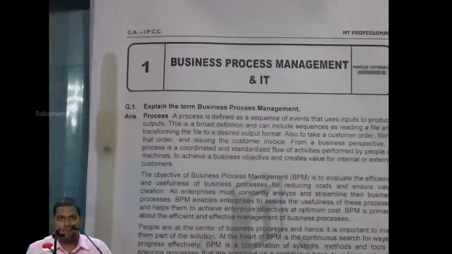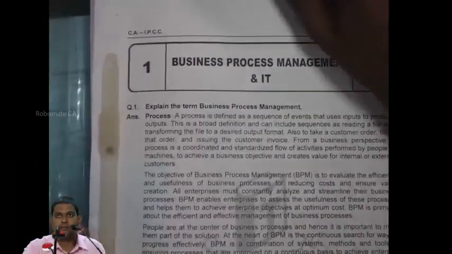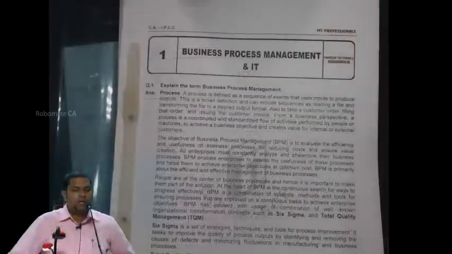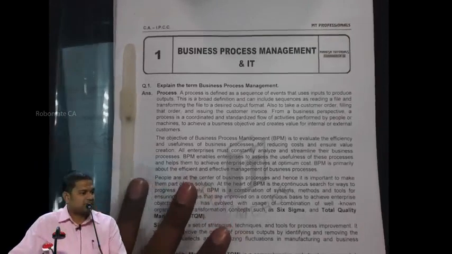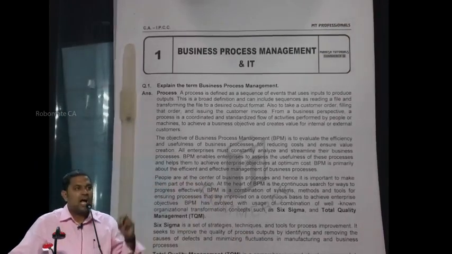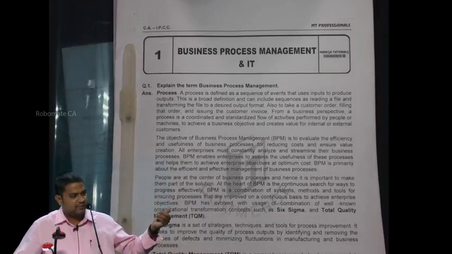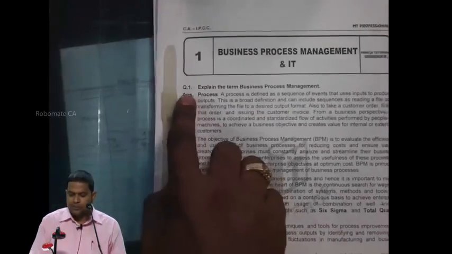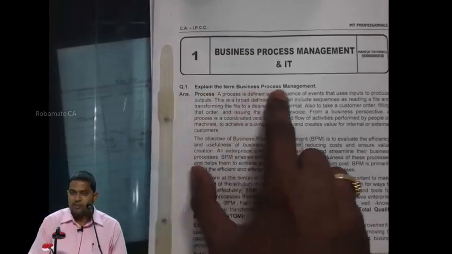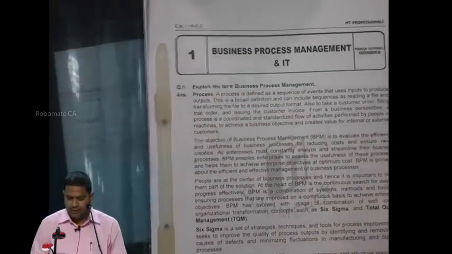This is what I have prepared. Now this is the draft copy which I had prepared. This is my copy. It is still in the process of proofreading. I have given the data to the typist. Now what the typist has given me, I have to check. See, this is question number 1. Explain the term business process management. And here